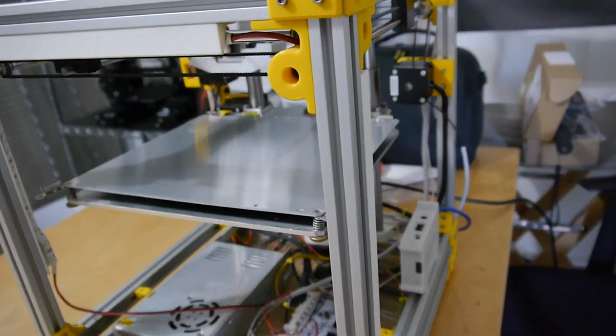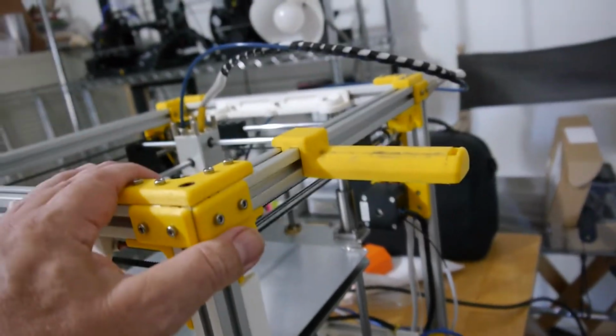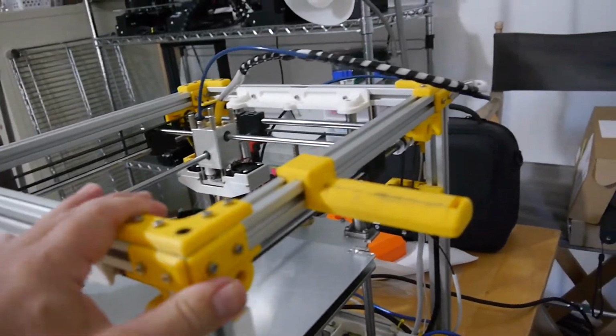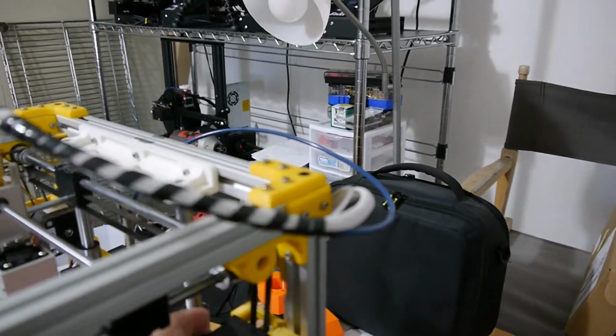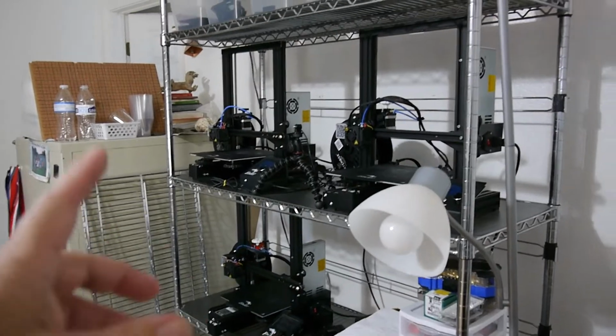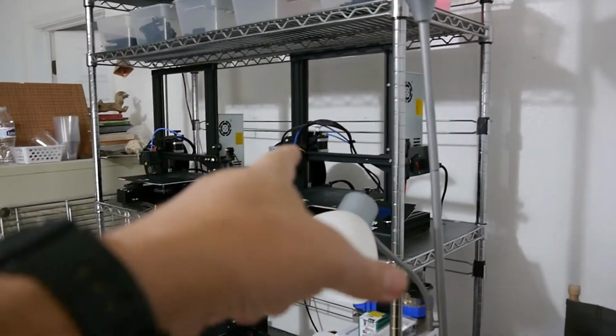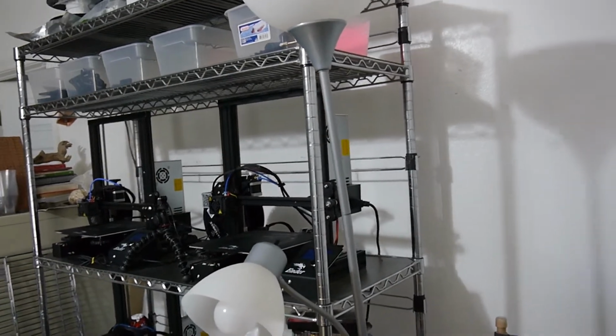What else? Usually when I get something in, I clean it up pretty good, and then I start checking connections, right? I want to make sure everything is tight, there's no wobbling. Like one of these Ender 3s, I believe it was this one here. I got it from a guy fairly cheap. And